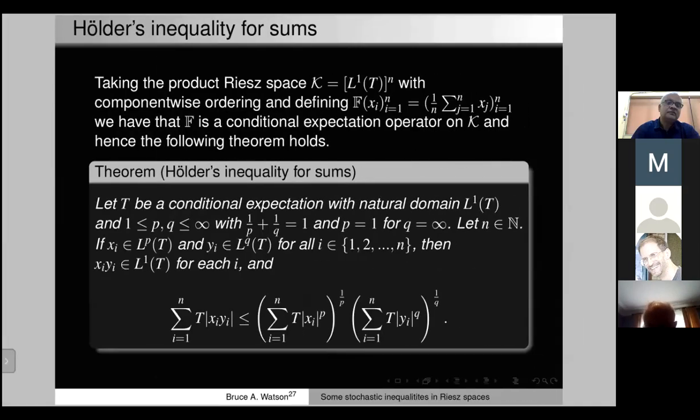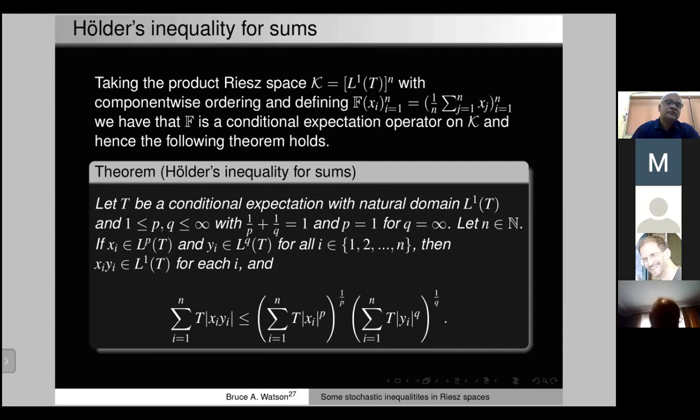Well, let's see what we can do with that and where it leads us. The next result is a simple application of that, but it's a useful one. If we take the product space of n products of the Riesz spaces L1T with component-wise ordering, we can define a conditional expectation operator, blackboard bold F, on this, and all it does is average the terms and pop that back into each one of the components. Then